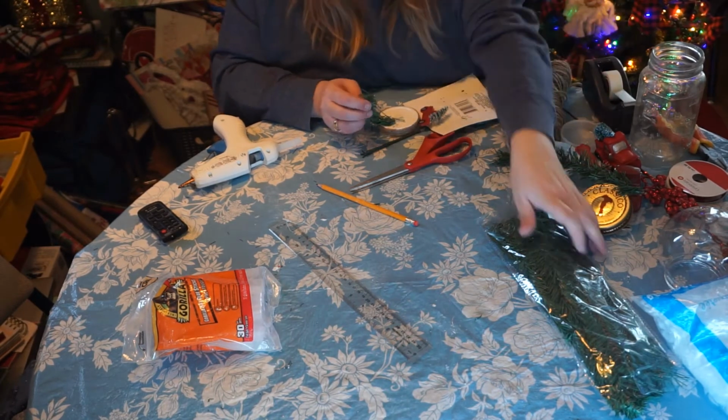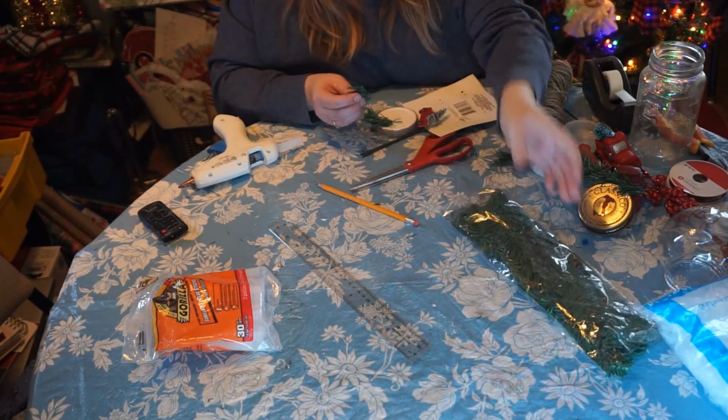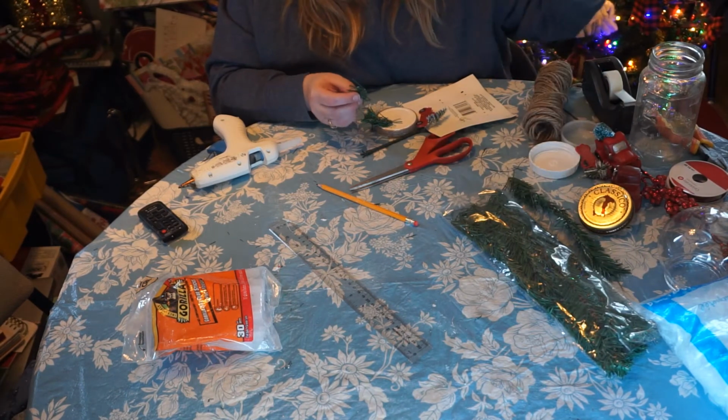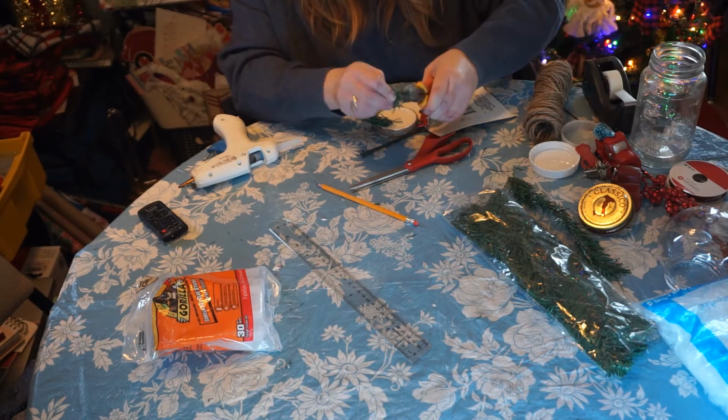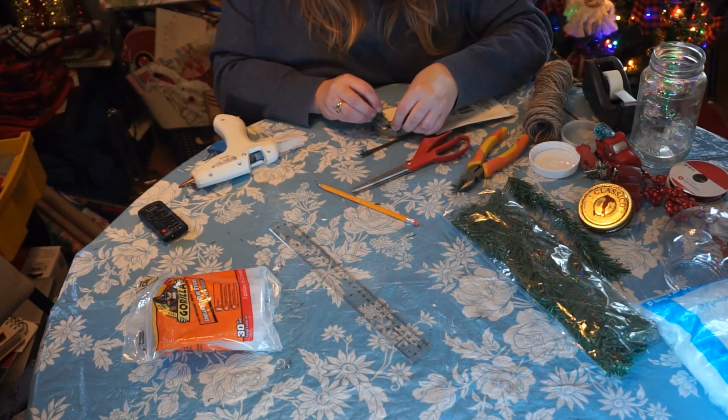And what I did is I just took, you see these garland ties that you can get from Dollar Tree? So I just took one out and cut it using my wire cutters. That way I didn't have to use my scissors. And then we can just do like a little,